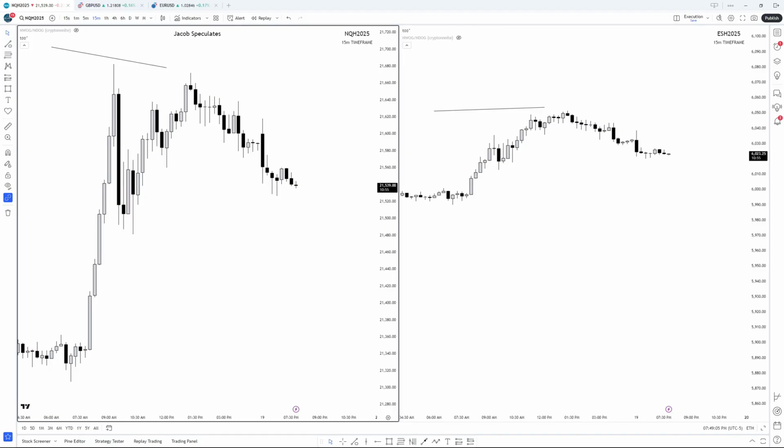Perfect, okay. Is that new week opening gap important because it's the first gap of the month or the first week of the month? If that gap does what I think it's going to do, then we will review why. But that is what my eye is drawn towards. But I could be wrong.